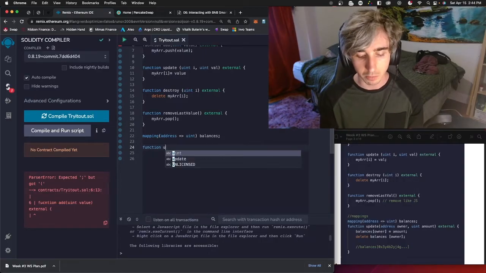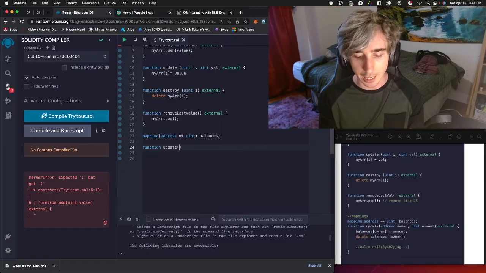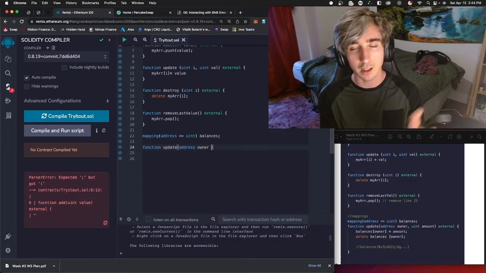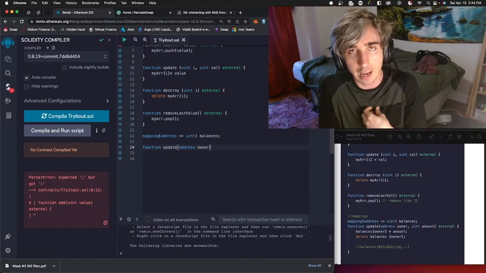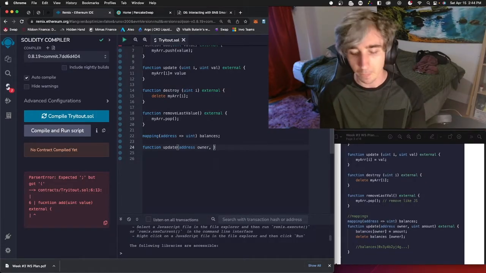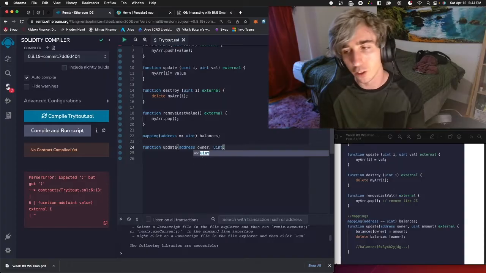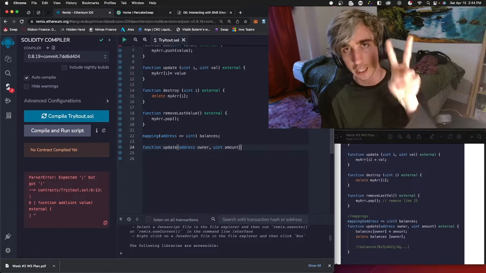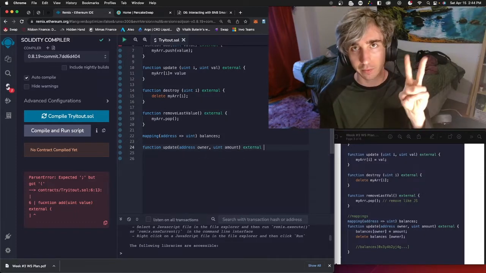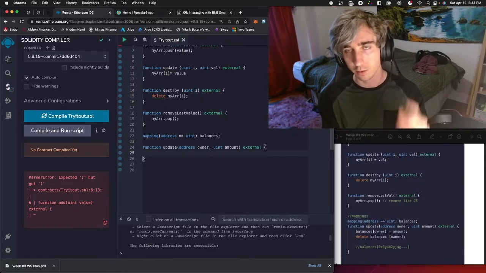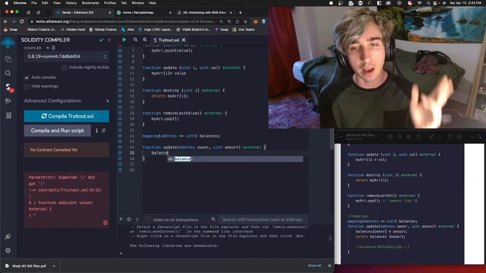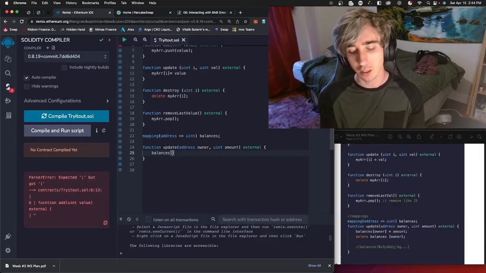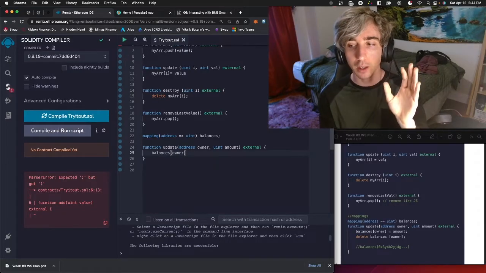So I want to update this map. I'm going to do function update, and I'm going to say address. And again, I'm going to use the owner keyword. It's not a keyword, I'm just naming my address owner. And then I'm going to say the unsigned integer, and I'm going to say amount. So I'm taking in two values, external, so that other people can call it, remember. And then I'm going to call that map. It's called balances. And I want to get the owner. So the owner is going to be